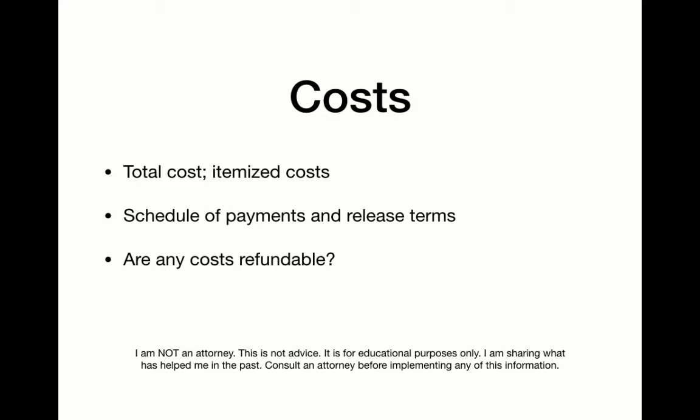You may be building websites and you may say, give me half now and give me half when it's finished. Or you might say, give me a third now, a third when we reach this point of the project, and a third later. And if you're doing a schedule of payments, what are those terms to release that payment? That makes sure you do the work that needs to be done, but it protects both parties. The one party can say, you didn't do this, I'm not giving you the money, or you can say, hey, the contract says once I've done this, you have to pay me. So it protects both sides.